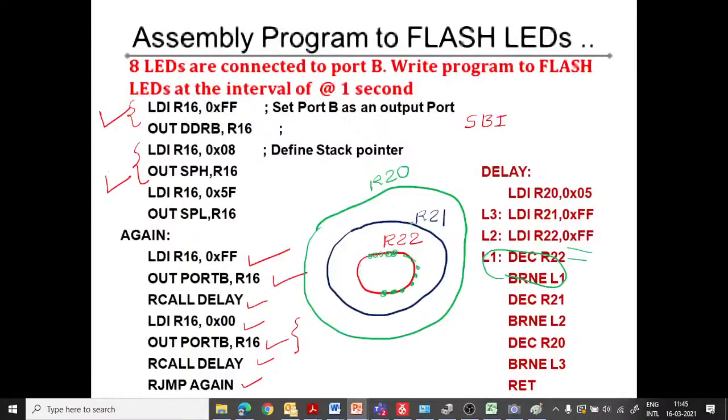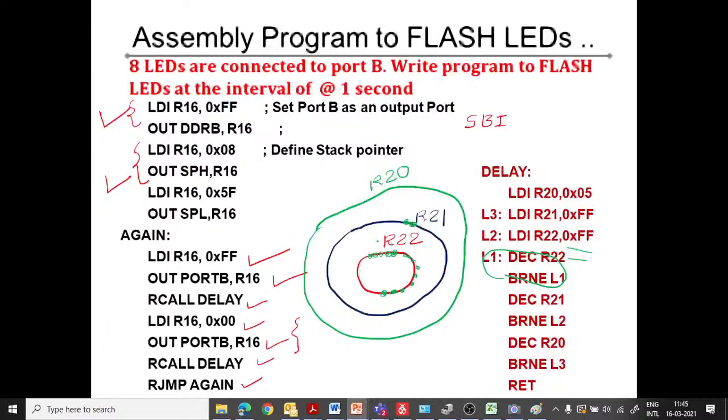Then R21 will be reduced by 1 only. So whenever this entire loop is completed, this will be reduced by 1. It is very similar to a clock, with the second needle, minute needle and hour needle. Whenever this loop is completed 255 times, only then will this be decremented by 1.